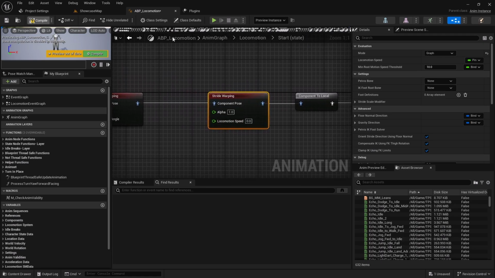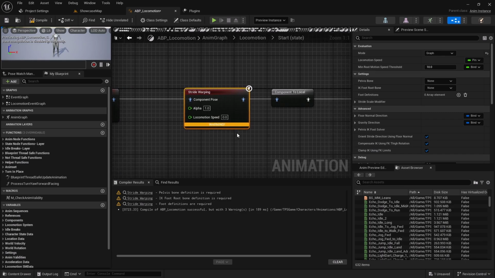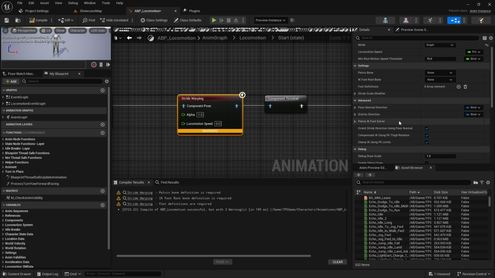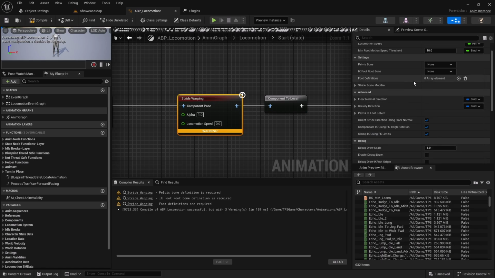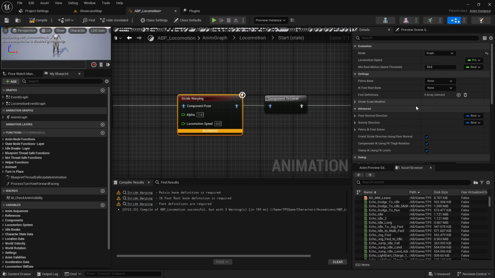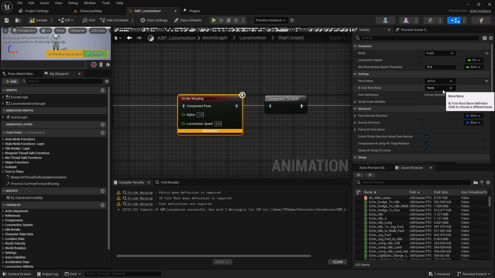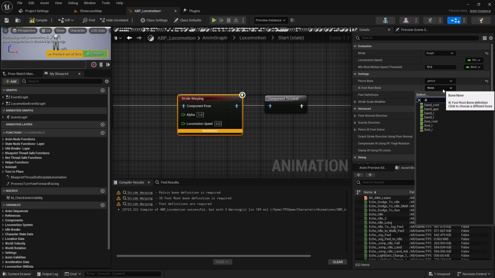Okay, so I can't compile it now because I have to adjust the bone mapping or bone hierarchy at the foot definitions, right? Currently you can see the foot definitions are quite empty, so this node doesn't know which bones it should manipulate, right? Since stride warping is involved with foot placement manipulation, obviously the bones should relate to the foot. So the pelvis bone should be pelvis, and the IK foot root bone should be IK foot root,